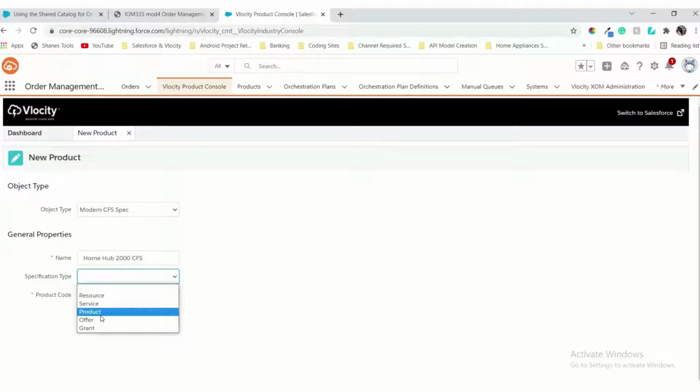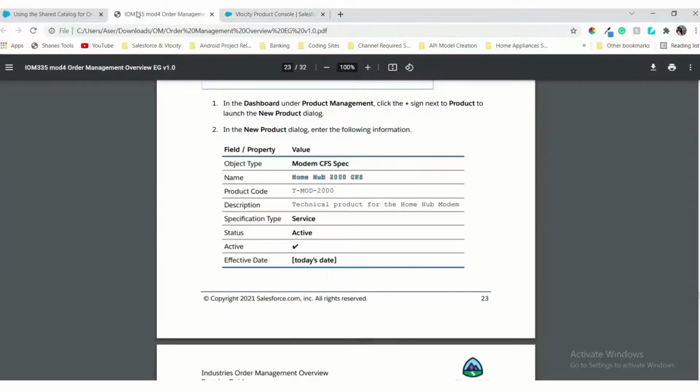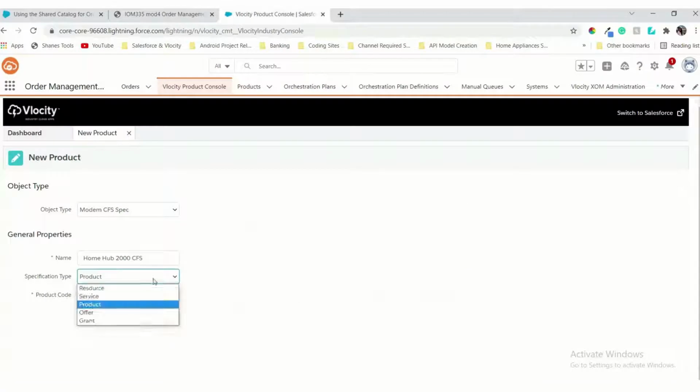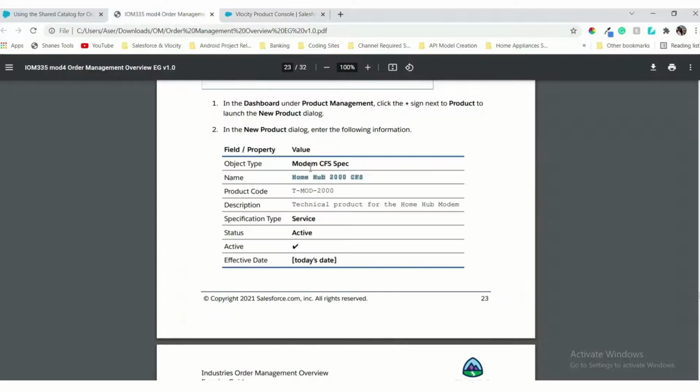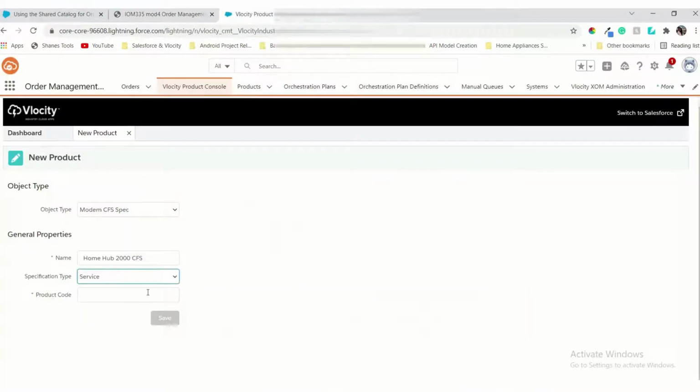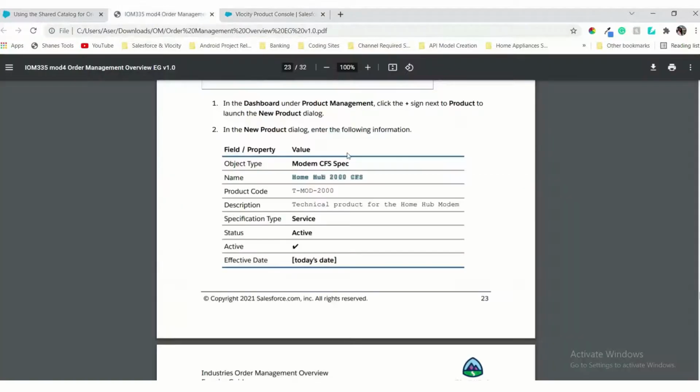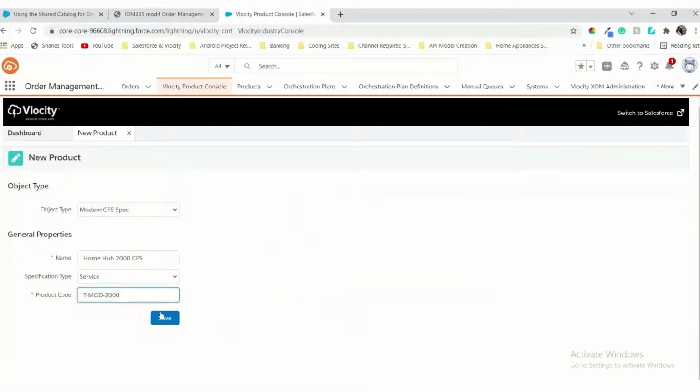It's a product, so select specification type product. They are saying services, but don't go with your own mind, just follow exactly what they are saying. For the product code, just copy the product code from here, paste it here and save it.